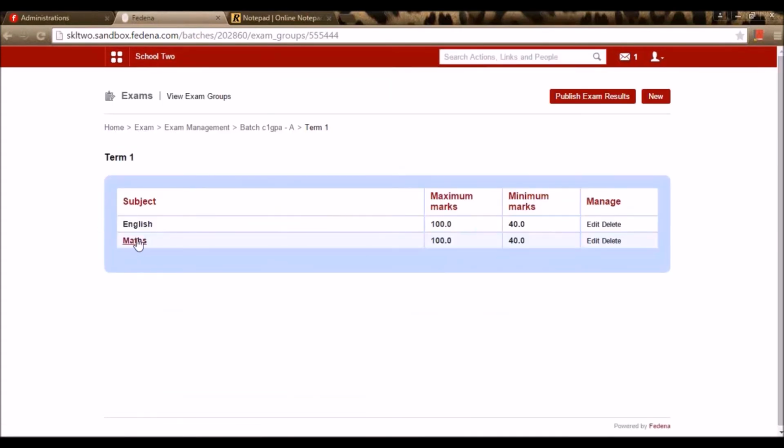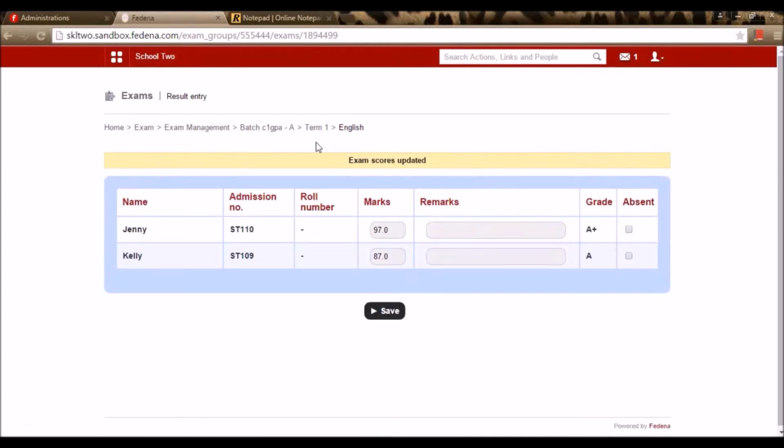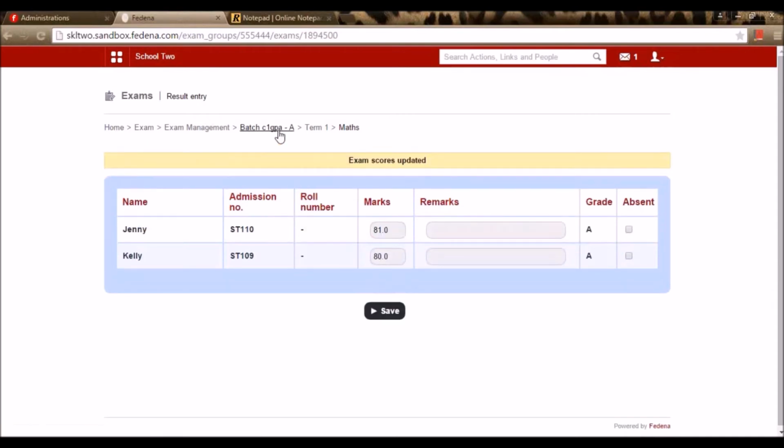Here you can see for this particular subject, we just need to enter the marks and save it. That's all about doing for GPA examination. We need not do any settings. We just have to select the formula and create the exam.